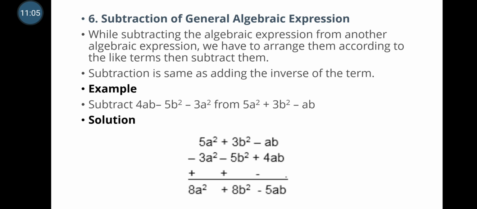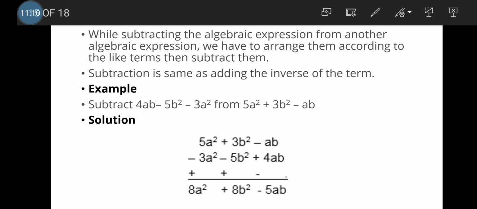So you are given the question. If you see here, your like terms are not in order. So here 4ab is there, here minus ab is there. So these two are like terms, ab. So a is raised to the power 1 and b is raised to the power 1. Then only it is like term. So you may have a doubt whether ab, it is multiplication of two variables, is it like term or not. It is like term. So that should be arranged in the proper way.